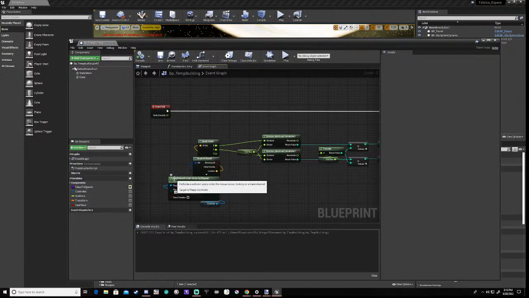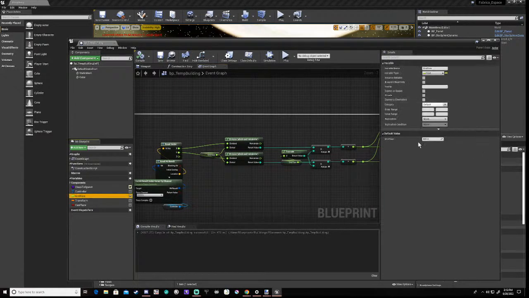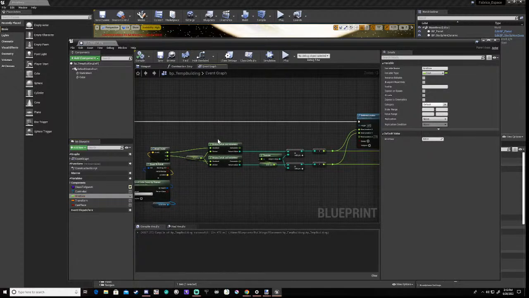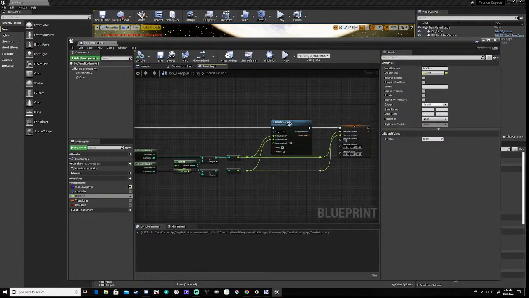We get the hit result under the cursor, break the vector, get X and Y. We have a variable called grid size, which at the moment is 500 units. What we basically do is we divide the X and Y by the grid size. We take the non-modulus part, which is this return. So we basically forget the remainder, multiply it back up by the grid size,